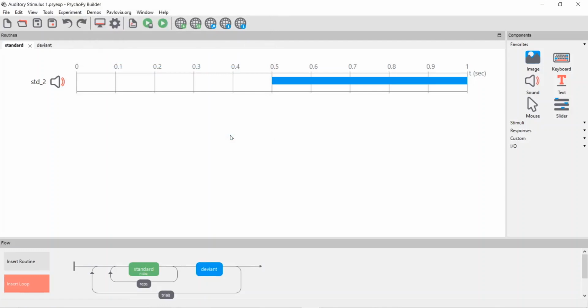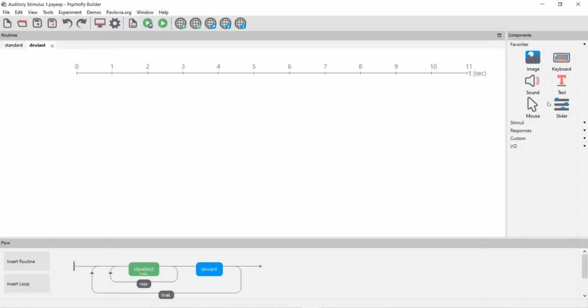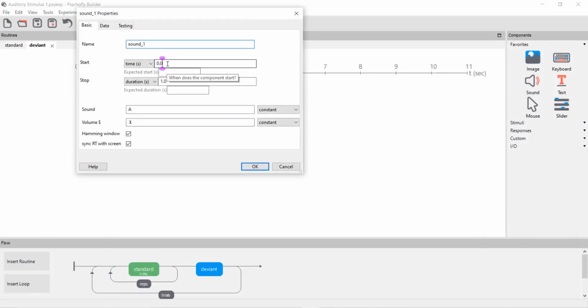Now one more thing, here it is on for 0.5 seconds and then it is off. So we have already seen I have to design a deviant in a similar fashion so that the interval between two consecutive tones will not be altered. So I'll insert a sound here. I'll use a similar timing specification, 0.5. The only thing I'll change is that previously I wrote 500 Hertz, here I will write 1500 Hertz. So you can clearly sense the change in sound.